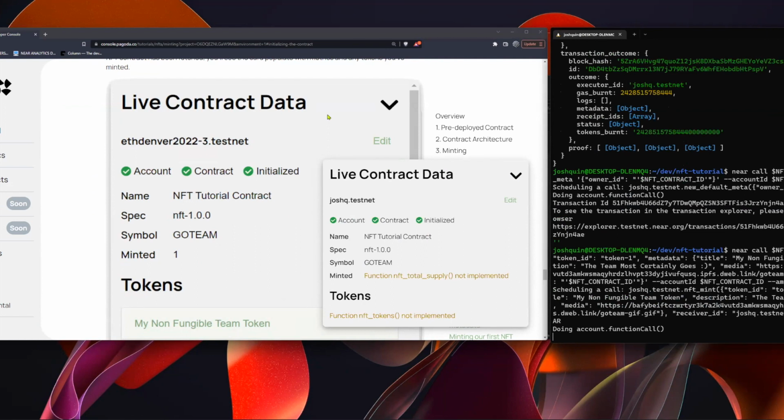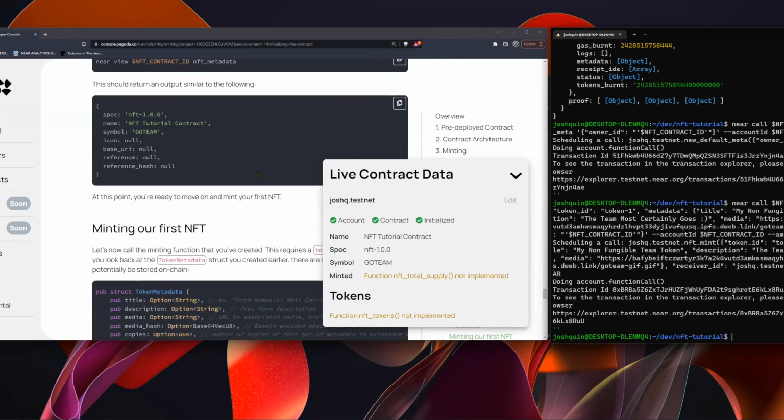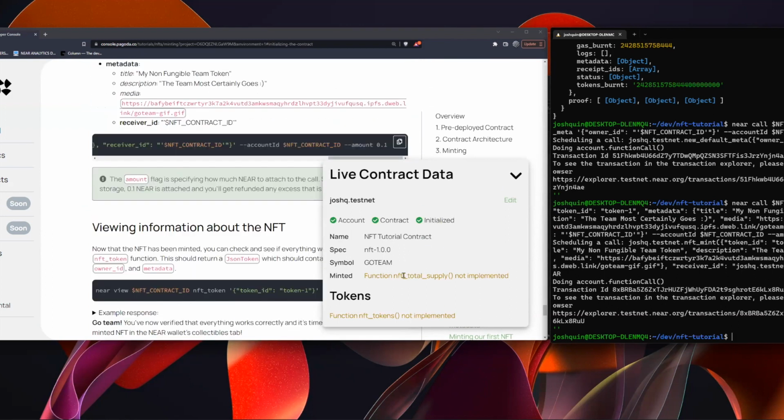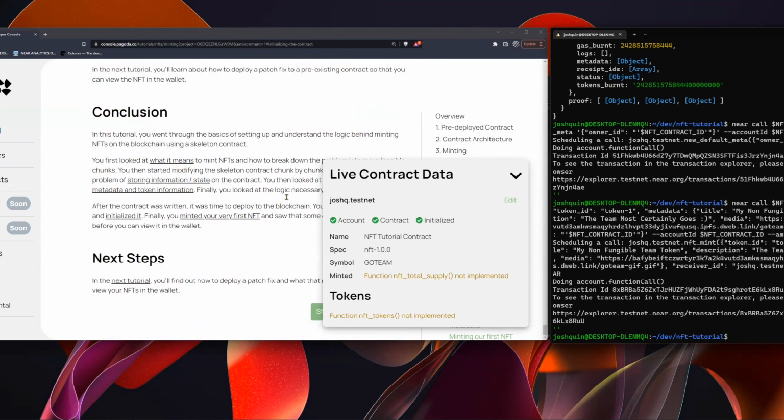And now that it's initialized, this transaction should succeed here in a moment. And it did. We didn't get anything back because it was a success, but we don't see any tokens. Oh man, I'm just full of errors during this presentation, but it's because we actually don't have this total supply method implemented, or NFT tokens for that matter. So we're not able to enumerate the NFTs that have been minted by this contract,